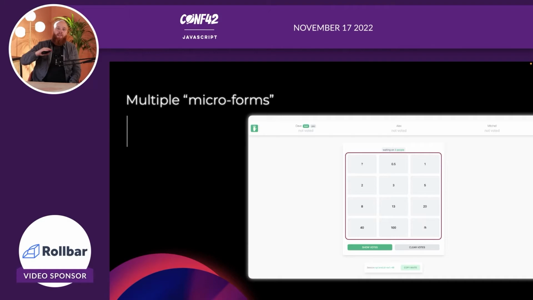It's about reducing the complexity of your app, first of all, by having way less client-side JavaScript that needs to mimic browser behavior. Have less error-prone logic because of that, and really get this solid base in there and then enhance it. After that, we can have a look at the show votes toggle and the clear votes toggle.